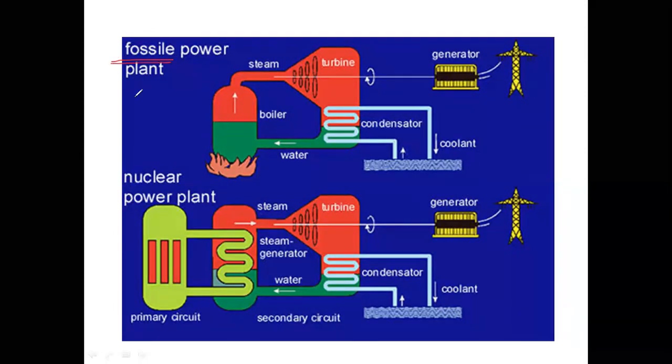In the comparison between the nuclear power plant and the thermal power plant, both use fuels. In the thermal power plant, the fuel used is coal. In the nuclear power plant, the fuel used is uranium, thorium, or plutonium. In the boiler furnace, coal is burning. In the boiler, the water is converted into steam. That steam drives the turbine, converting the steam energy into mechanical energy, which is further converted into electric energy with the help of an alternator or AC generator. Then it is given to the grid through a step-up transformer.